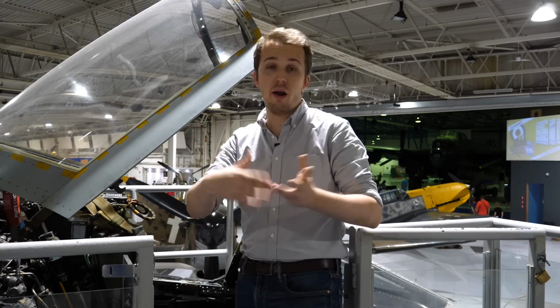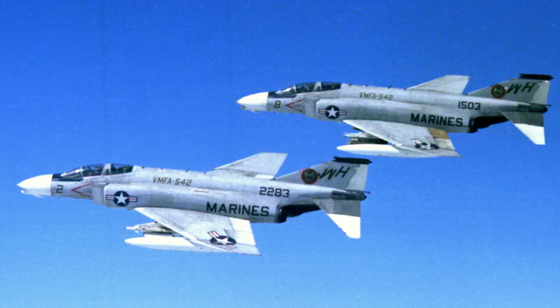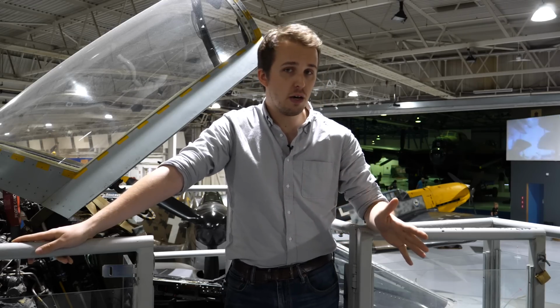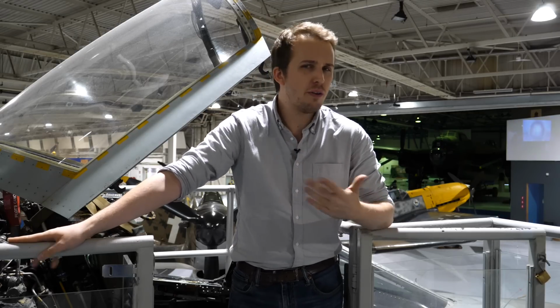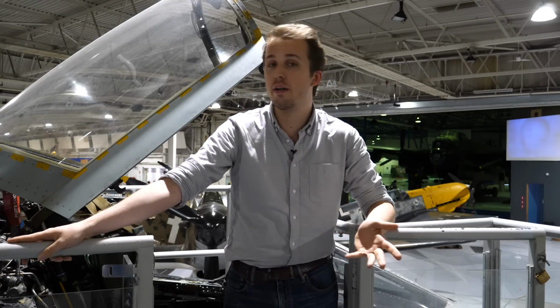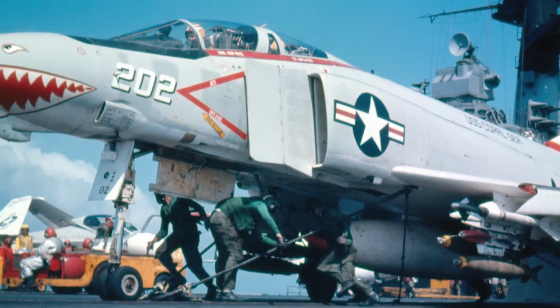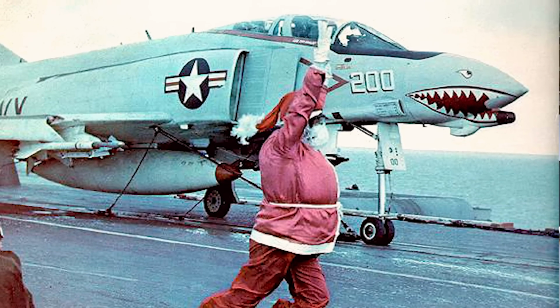Turning back to the Americans, the Phantom would be used by the Navy, the Marine Corps and the Air Force. The 1967 merger of McDonnell Aircraft and the Douglas Aircraft Company had no real impact or influence on the aircraft's orders or on its design. Deployed initially to Vietnam as both a ground attacker and an interceptor, in this role the Phantom flew nearly 500,000